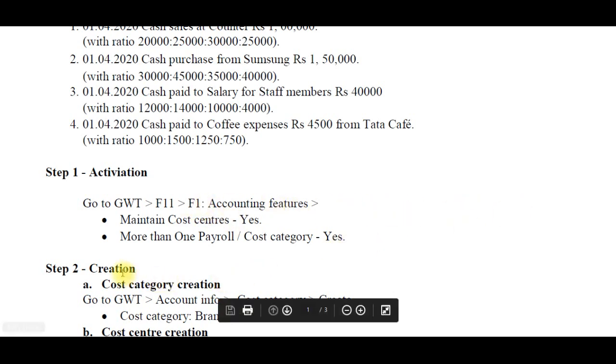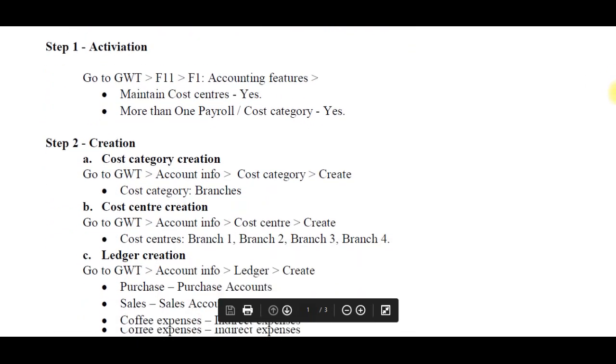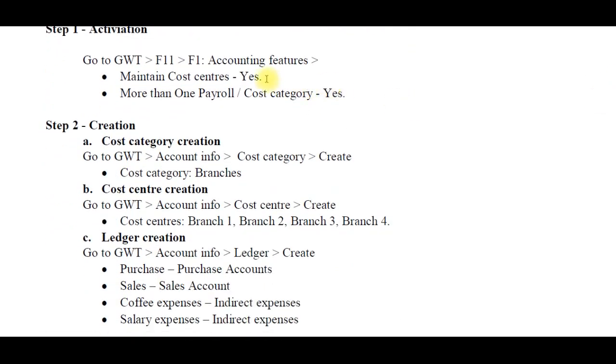Okay, then we create the cost category creations. Cost category and cost center creation are also available in Accounts Info. If we do not activate it here, the cost center and cost category do not appear in Accounts Info. So you must clearly notice whether this option is enabled or not. Okay, cost category creations.